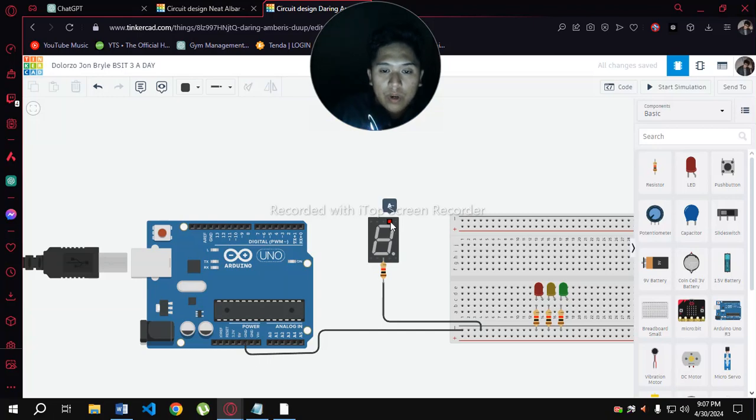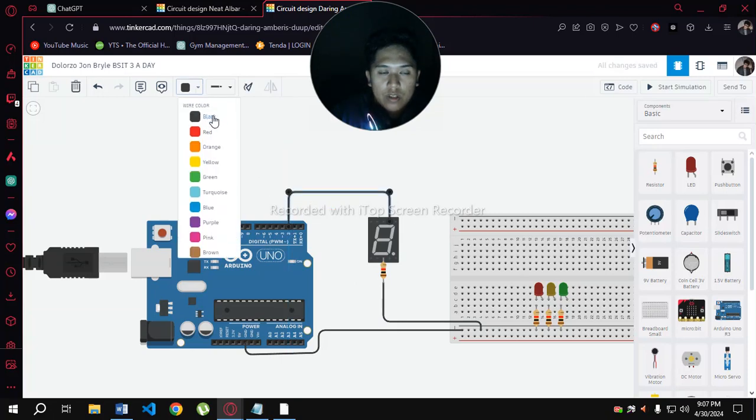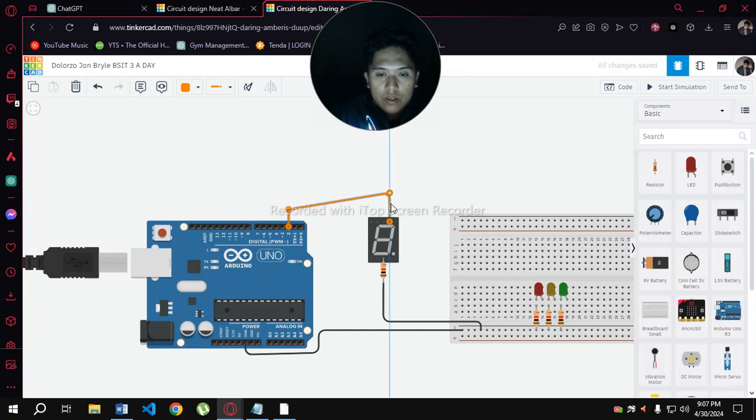So to start, we are going to connect our A to our pin number 2. Change color. I think I'm going to choose orange right here. Orange. So beautify it. Next is connect the B, letter B, to the third pin. Change color also for emphasis.